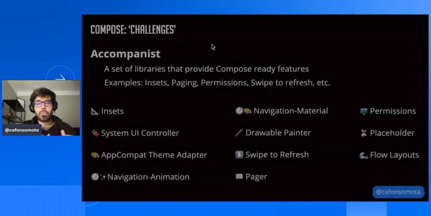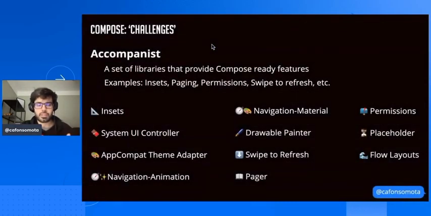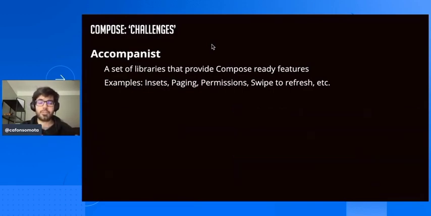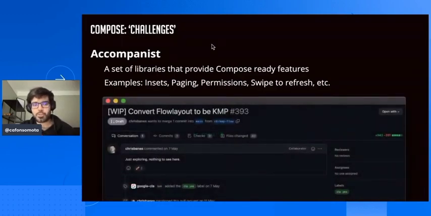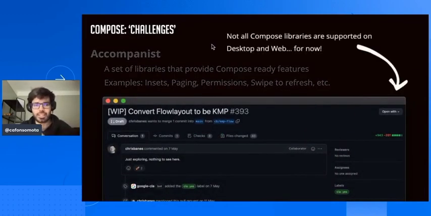One of the best Compose libraries is called Accompanist. It has a lot of sub-libraries in there that really eases your development. You're going to develop applications faster if you're using these libraries. You've got the pager, the swipe to refresh, a lot of these libraries. Unfortunately, if you're going to see the issues on these libraries, it's currently not supported with desktop and web,